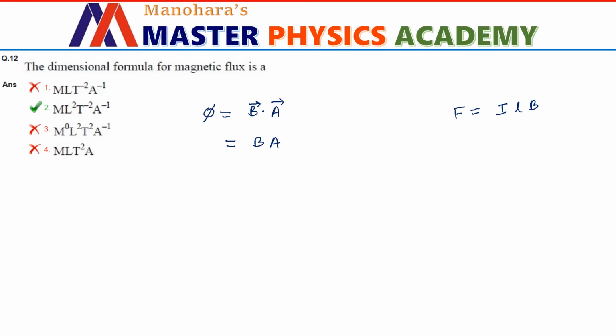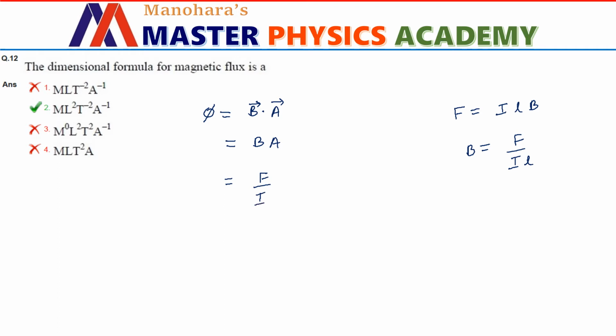So I'm going to rewrite the formula for magnetic field, which is going to be F divided by IL. F, I, L are very fundamental physical quantities which we come across many times, very often. Hence, we'll be knowing their units in terms of basic physical units. I'll just substitute the B by F divided by IL.